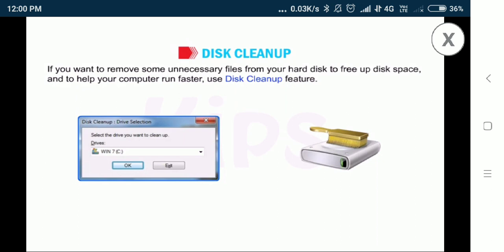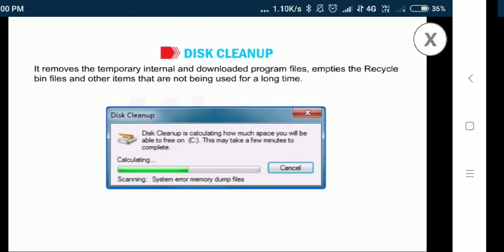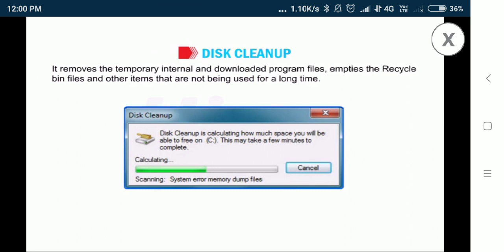If you want to remove some unnecessary files from your hard disk to free up disk space and to help your computer run faster, use the Disk Cleanup feature. It removes temporary internet and downloaded program files, empties the Recycle Bin, and removes other items that have not been used for a long time.